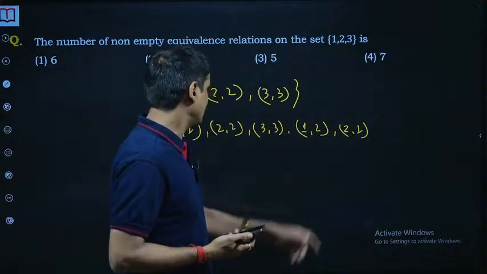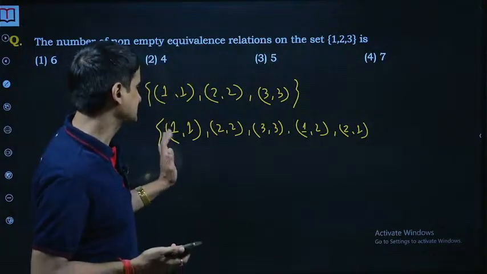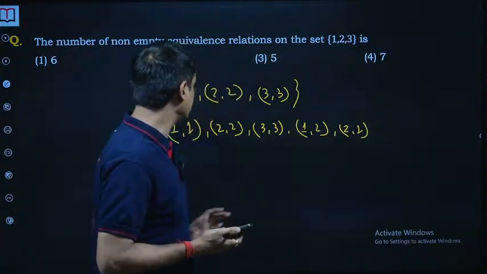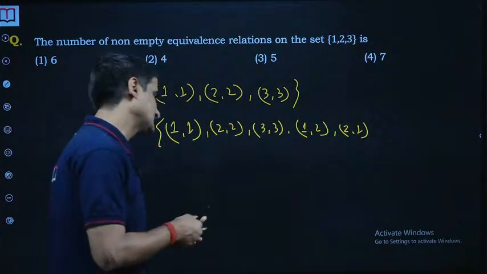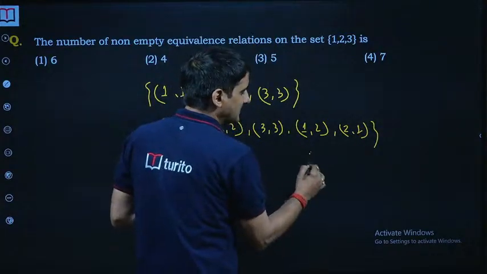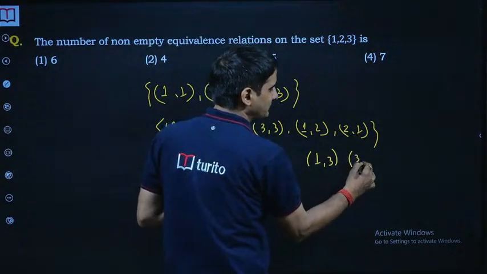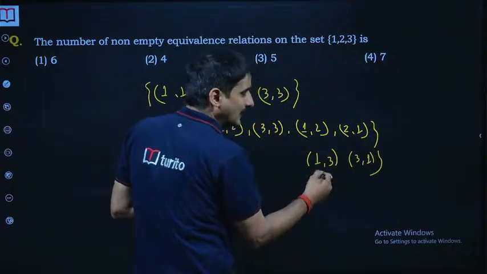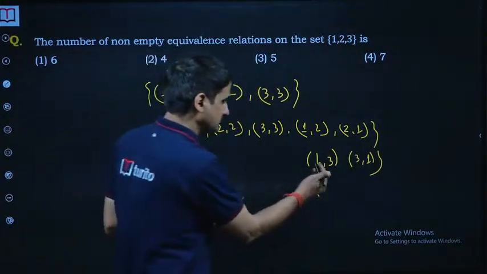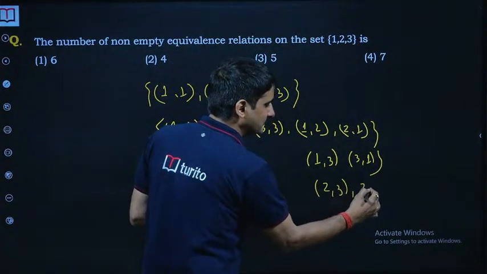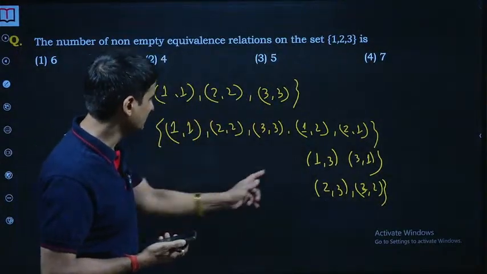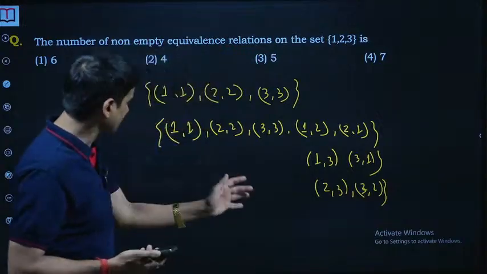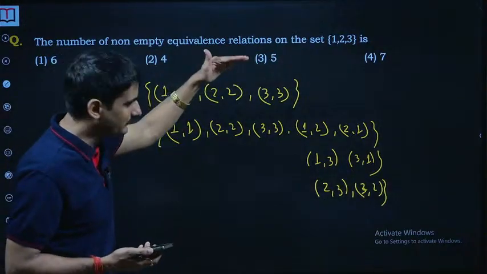So (1,1), (1,2), (1,2) is there. It is still transitive. (1,2), (2,1), (1,1) is there. And then I don't think there's a problem. (1,2), (2,2), yeah, it's a transitive one, so that's it. Similarly, if this is transitive, so (1,3), (3,1) will be transitive, and hence equivalence. So (2,3), (3,2) should be transitive, I think, and hence equivalence. Okay, because (2,3), (3,3), (2,3), right? So that will again be transitive. So equivalence 1, 2, 3,